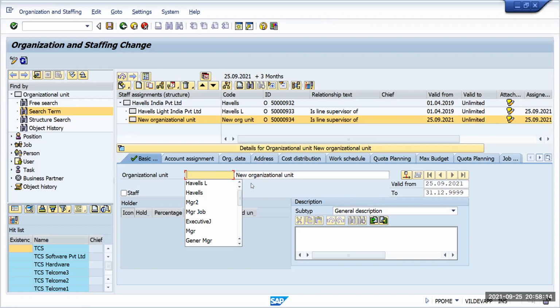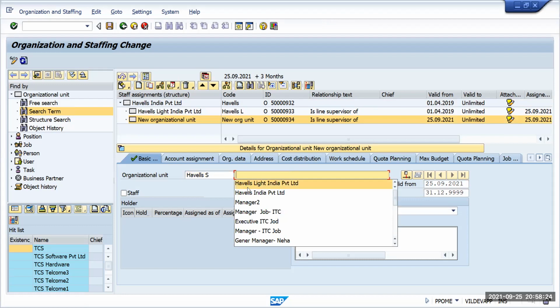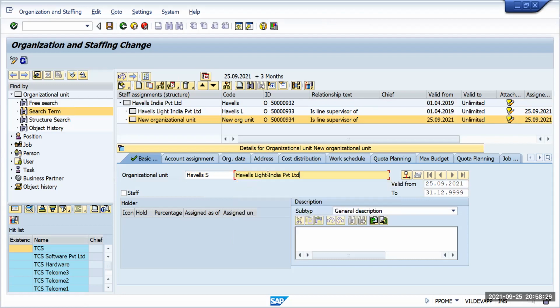So Havels software division. Havels software or service, whatever, suppose software. And here you want to change the dates.